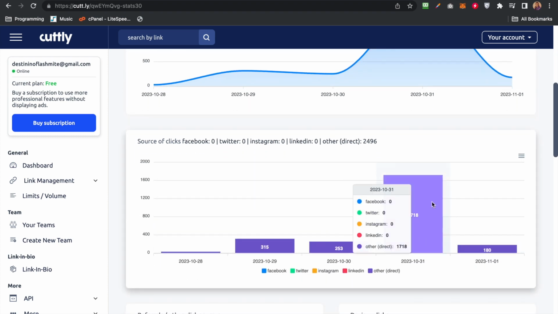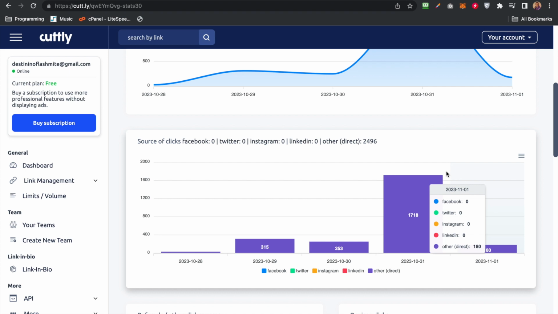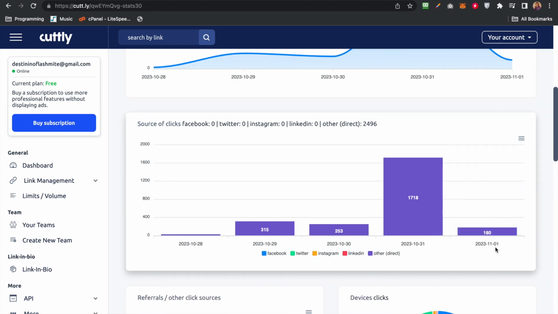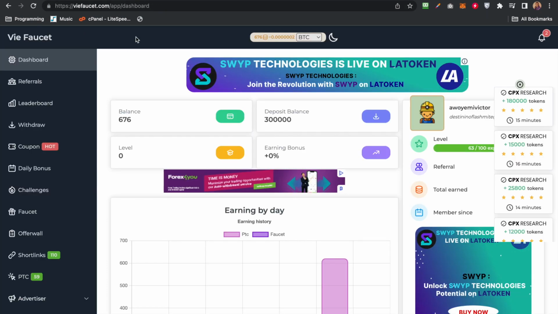So right now you can see within a day I was having 1,700 clicks in a day. I can choose to have more than this, but I decided to limit it and stop it for now. That was for yesterday. So today I'm having 180 clicks already. Now how can you get something like this? So the platform which you are going to use is to come over to this platform,